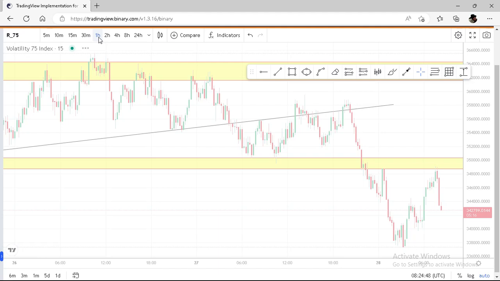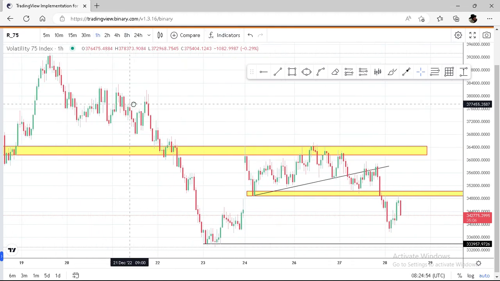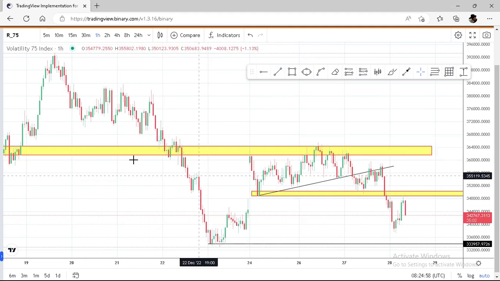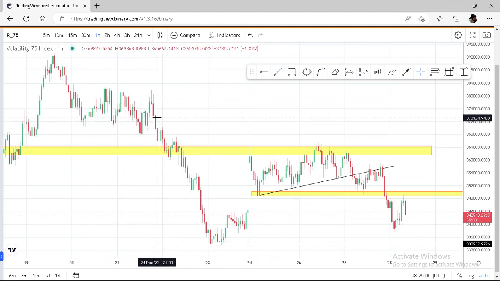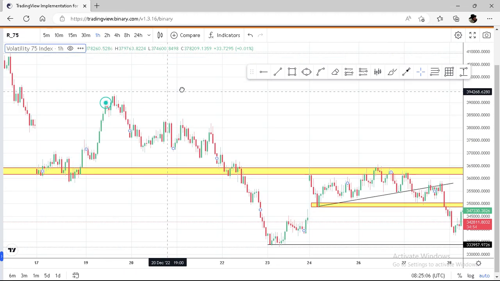Scalpers catch small movements that happen in the market, while day traders hold for the day. Scalpers hold for minutes or seconds, and day traders